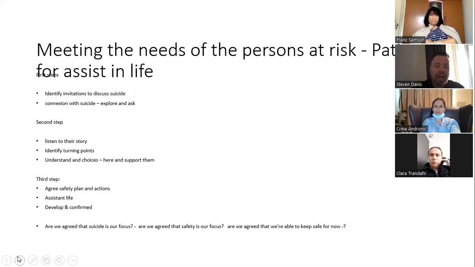And equally, understand their choices and make sure you've heard them. If you've got some turning points, if you've got those protective factors, if you've got the things that you think, look, I don't think you're going to do this, then we can agree a safety plan and the actions, and we can say, look, you agree to keep yourself safe. You agree that if you're feeling suicidal, you're going to go to the hospital. Do you agree to call an ambulance? Do you agree to ring me if you're going to do something? And I go, yes. And we've agreed a safety plan.